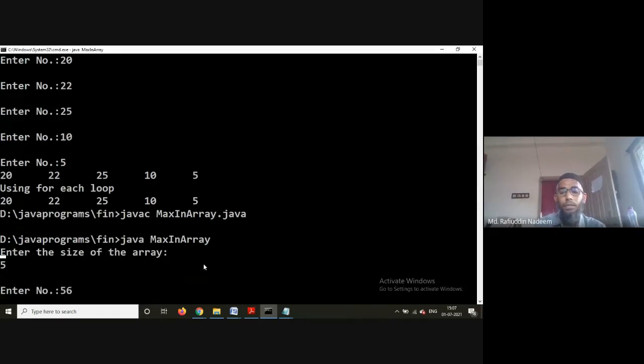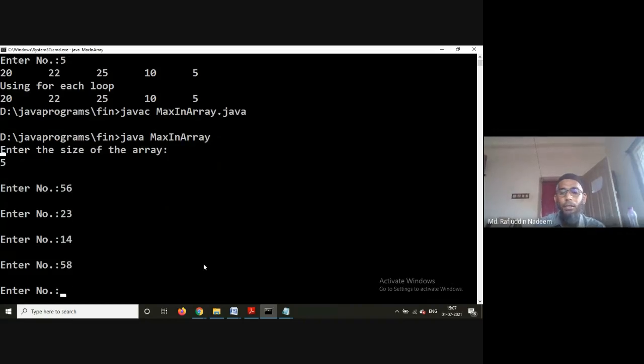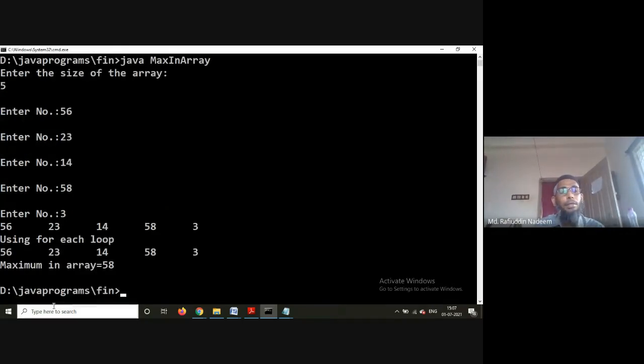Five, 56, 23, 14, 8, 3. Maximum element is 58.